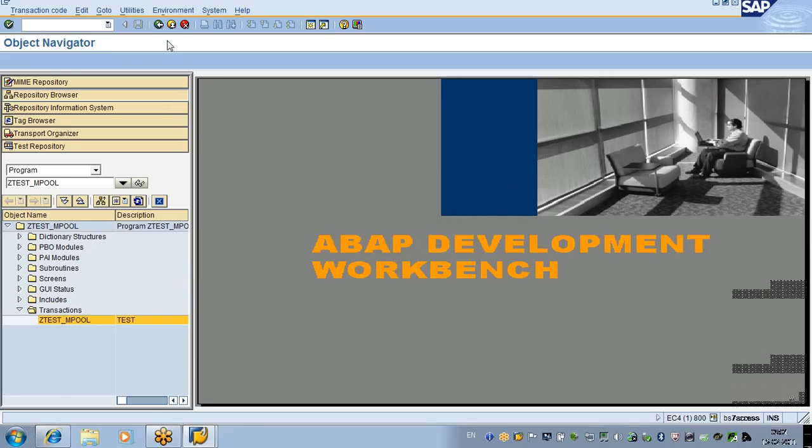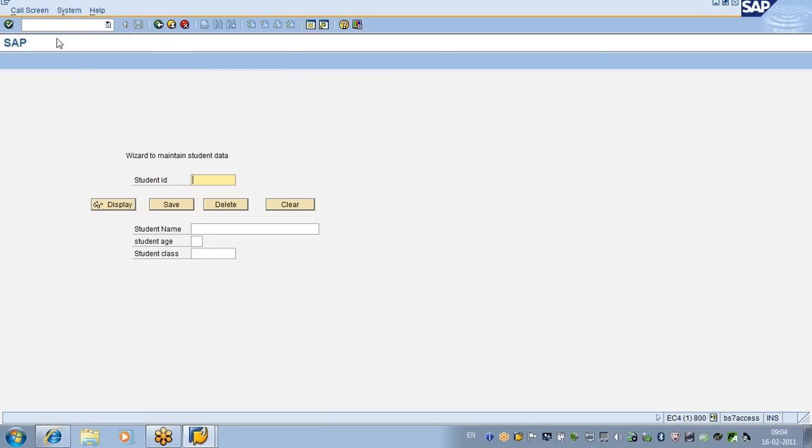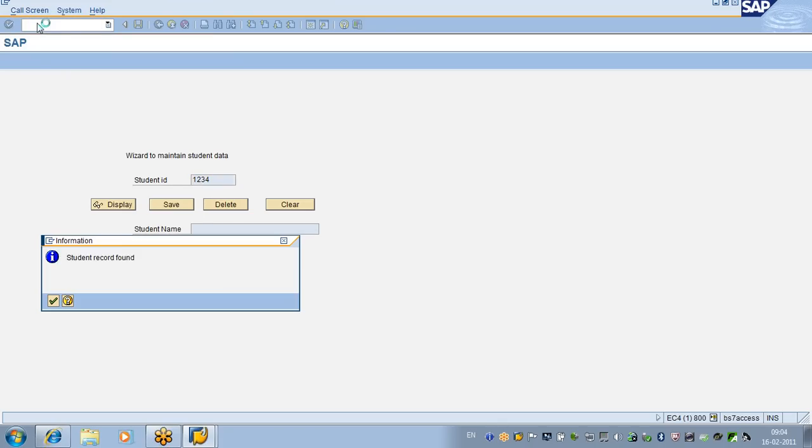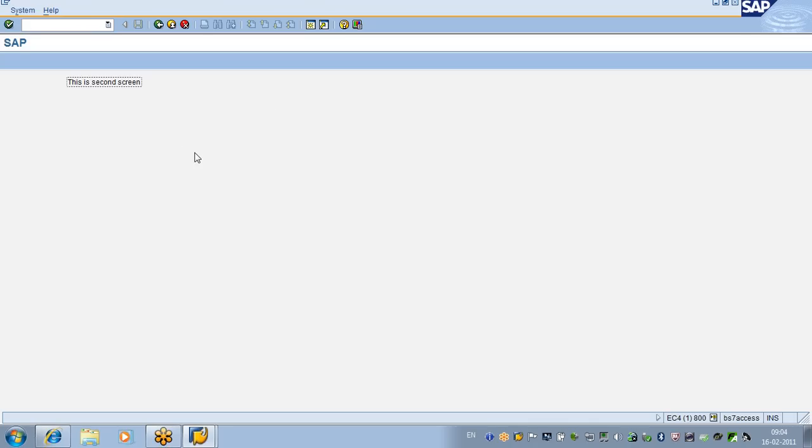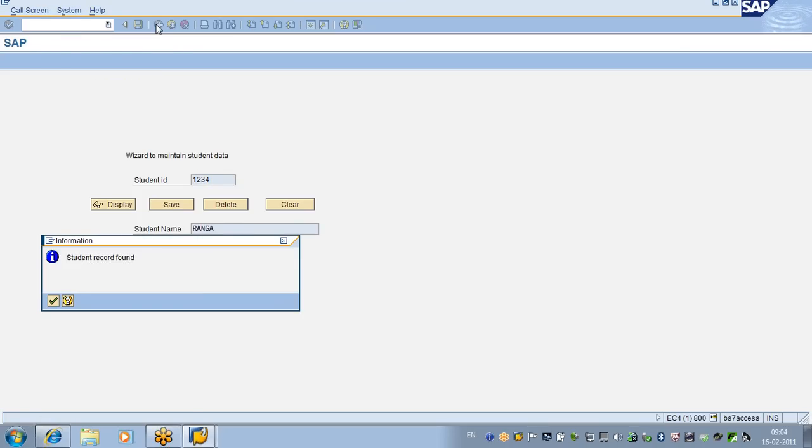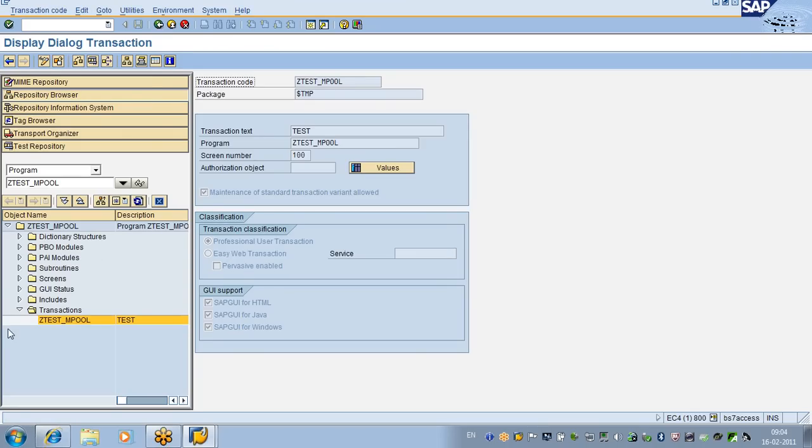In the last class, we have created the flow, correct? If you remember, if I say call screen 100, the second screen is coming, correct? So till this part we have seen in the last class. Now what I want to do is call a subscreen in this screen 200. To call the subscreen, I need to define a subscreen area in